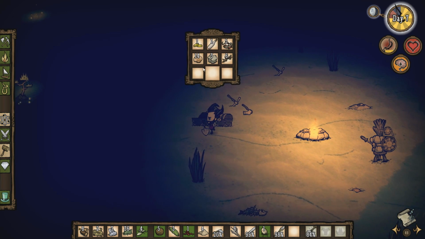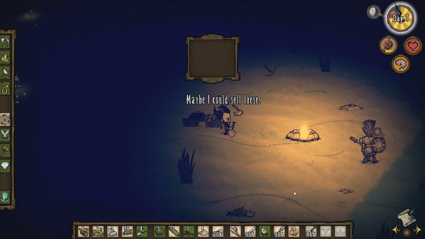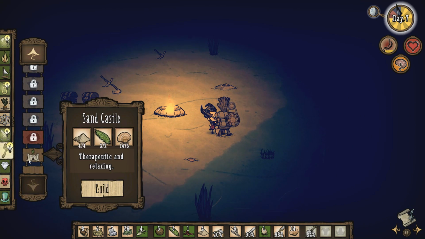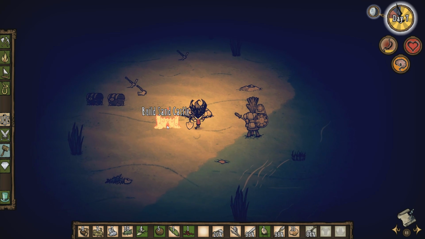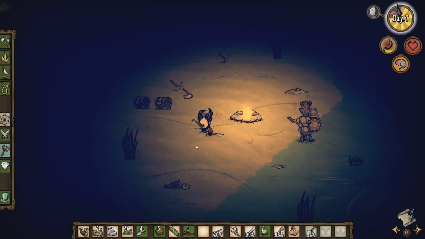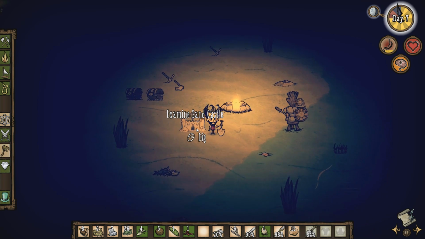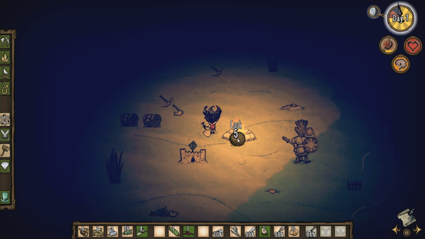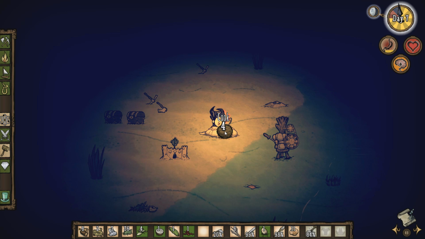I'm going to make a sandcastle real fast. Let's take that. And then over on this side, I should probably feed myself in just a minute, too. Was it under the structural menu? It was. Therapeutic and relaxing. Sandcastle. That's pretty cool. Oh, look at that. It gives me sanity. I like that. I also like building sandcastles. They're fun. Sandcastles, it's an enjoyable...